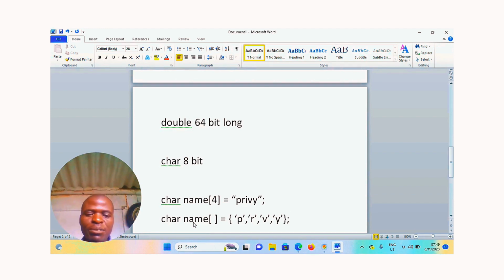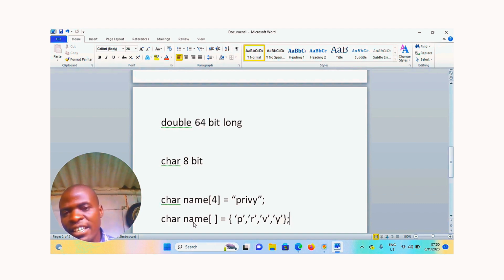There are many ways to declare those things in C. So this is all about variables in C. What you have to know is variables are just containers that store data, like names.